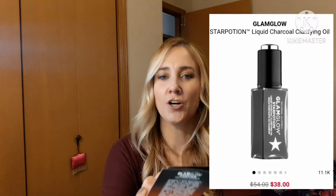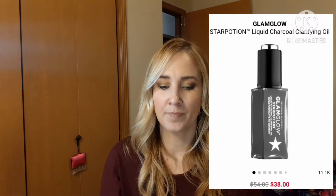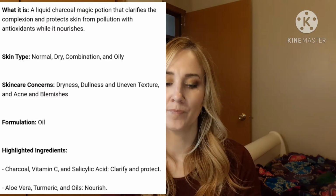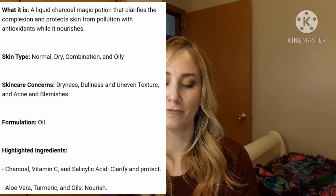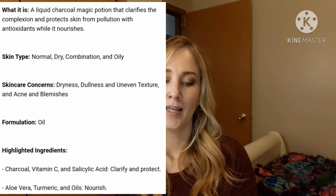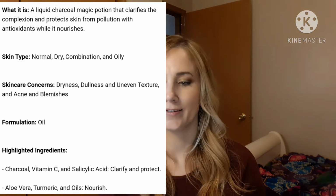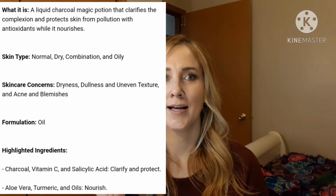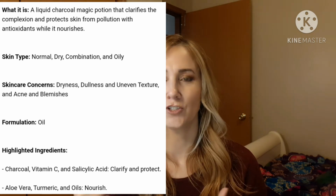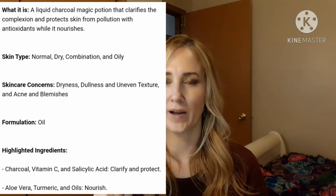The little Glam Glow Star Potion Liquid Charcoal Clarifying Oil. This was just the tiniest little bottle, but I still probably used it 4 times on my husband's face. I felt like it read, so it's a clarifying and protective powers of charcoal, vitamin C, salicylic acid, comes together with aloe. My husband, for a 47-year-old man, still has large pores that he needs to use, you know, facial scrubs and keep clean. And I felt like the way this read